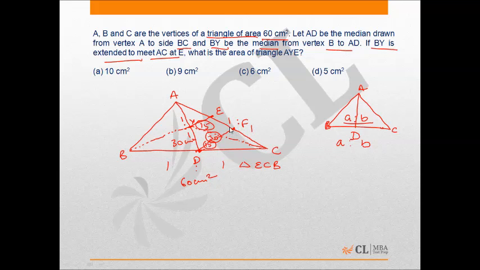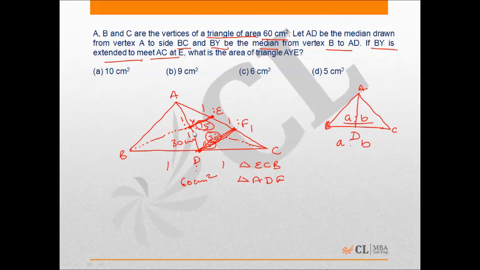Now similarly consider this triangle ADF. In this triangle Y is the midpoint, and YE is parallel to DF, and this is the midpoint, so E will also be the midpoint of AF. So the ratio of AE to EF will also be 1:1 again. So from here I have calculated the ratios AE, EF and FC, which are 1:1:1, right?